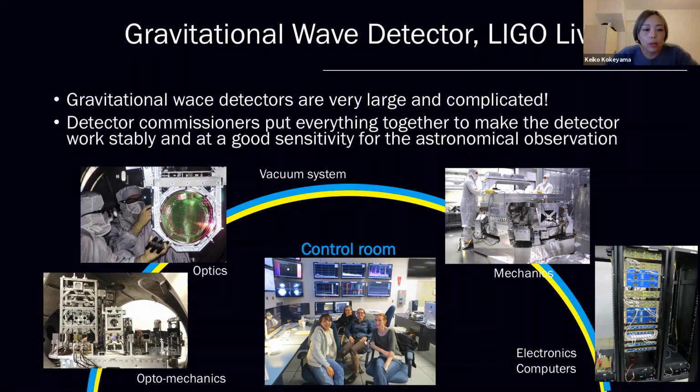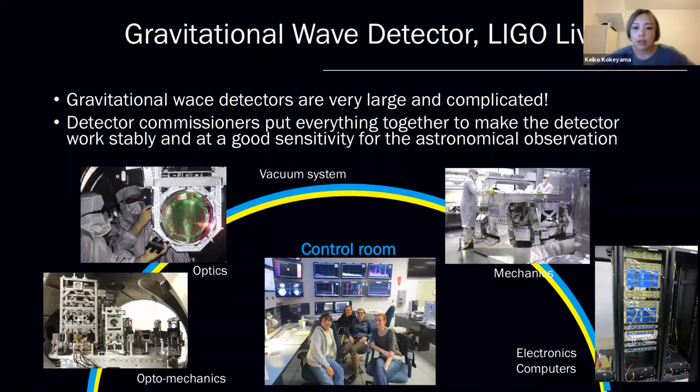We have a lot of mechanics. If you look at the bottom left picture, you see some metal frames. They support our optics. The optics are the core part for detecting gravitational waves. We use very big optics. This is a fused silica mirror. We also use a very huge mechanical stage. It's also part of the machine. And we use a lot of electronics and